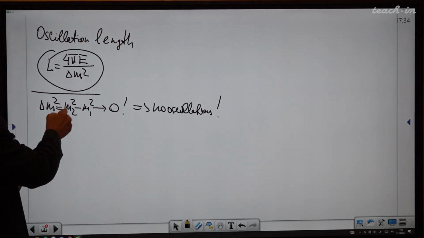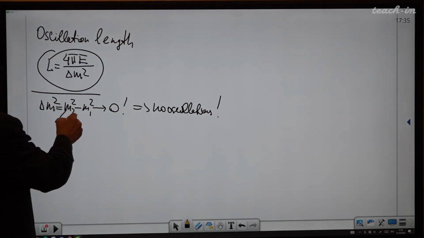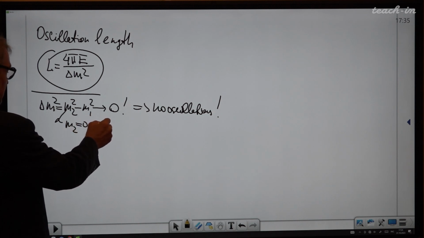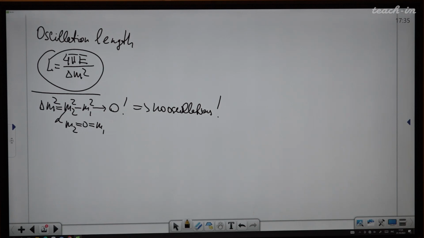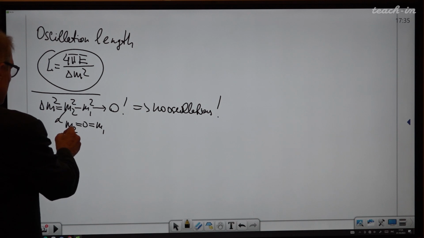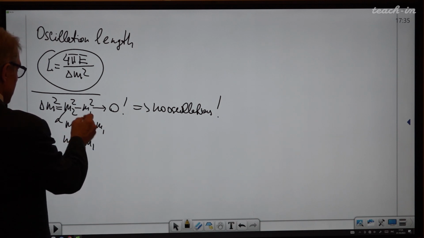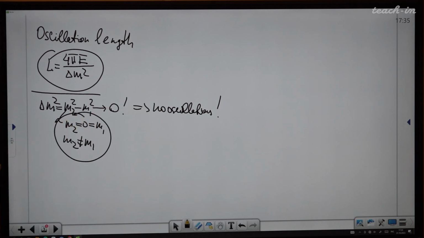So from here we can conclude that m2 cannot be simultaneously equal to 0 and m1 cannot be 0. The two masses cannot be simultaneously 0, and also they cannot be equal to each other. And if you just include the third neutrino,